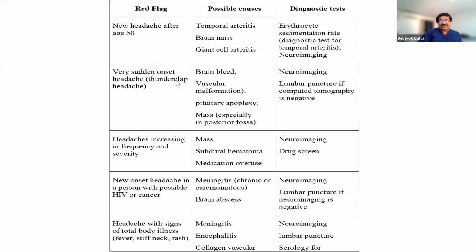Now, very sudden onset headache or thunderclap type of headache is considered possible causes the brain bleed. That's why in the other headache group, there was also a primary thunderclap headache, which is not due to these conditions. But I have said that this type of diagnosis should not be done unless and until these things are proved negative. Okay, so brain bleed, vascular malformation, and this is the congenital vascular malformation being undiagnosed for a quite long time. It is quite common.